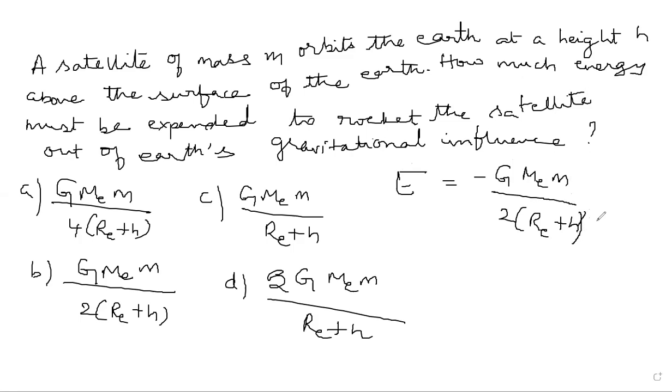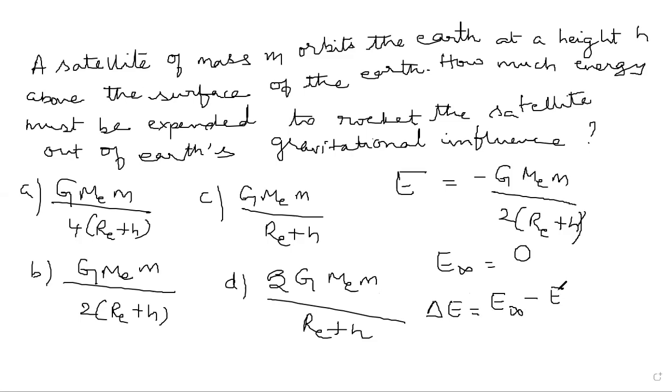Okay. So the total energy of the satellite at infinity. Why? Because the object has been moving to a certain height, right? So if you write it down, E infinity is equal to 0. Now, delta E means what? Change in the energy. Delta E is equal to E infinity minus E.